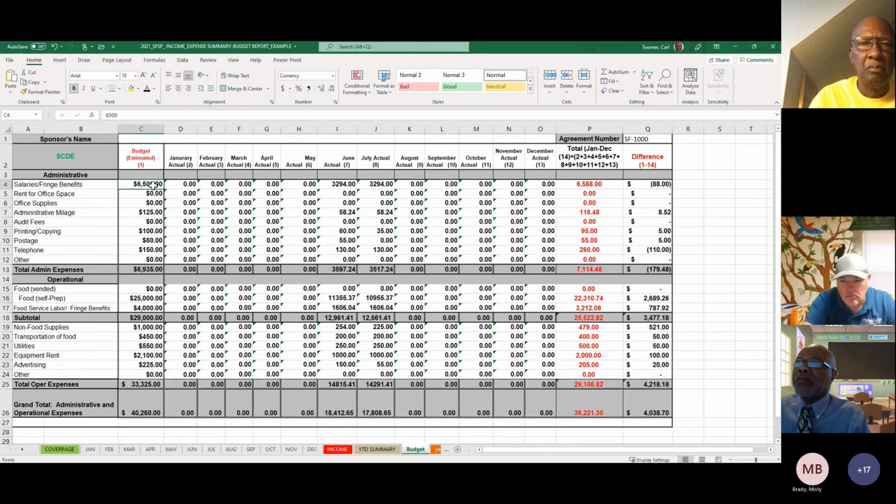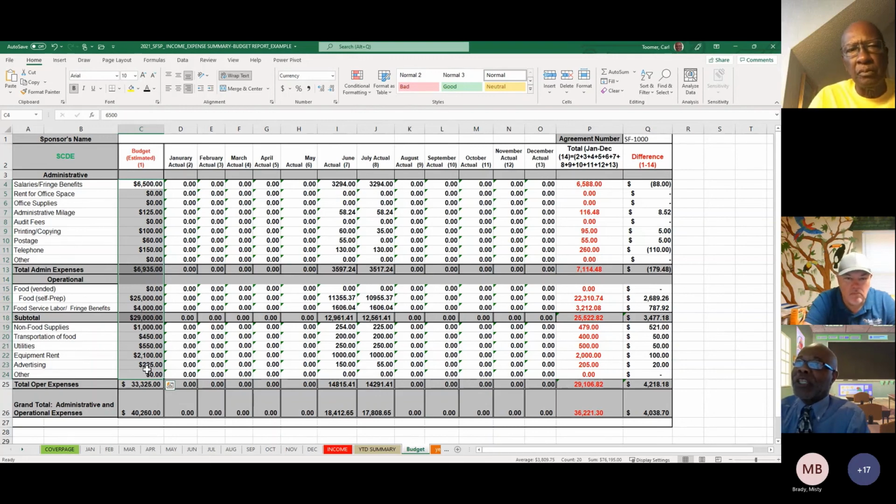Now, this particular thing is just a budget tracking tool that kind of helps you along the way, because if you're in the middle of July or in the middle of June and you want to know how much funds that you have in your budget for June left for the year, you can go to this form and it's going to give you an idea of what you have left to spend on that particular line item.